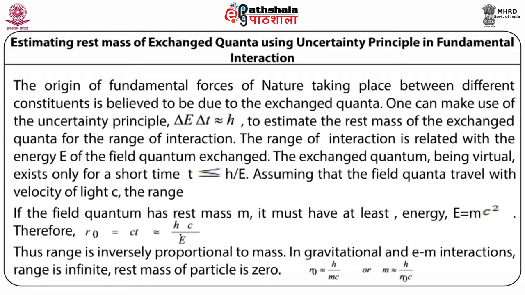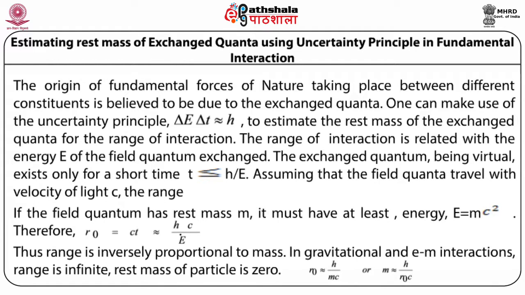One can make use of the uncertainty principle, that is, delta E delta T is approximately equal to h cross, or the uncertainty in determination of the energy and the uncertainty in the determination of the exact time is approximately equal to h cross, where h cross is h by 2 pi and h is the Planck's